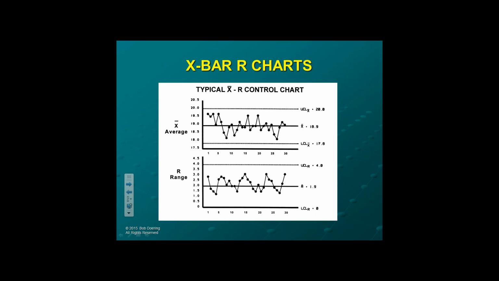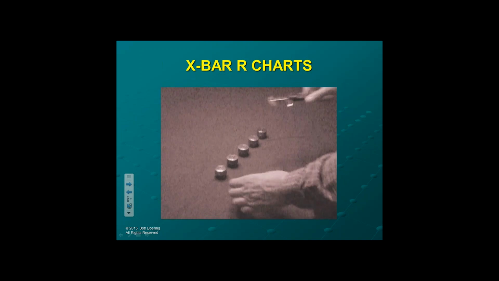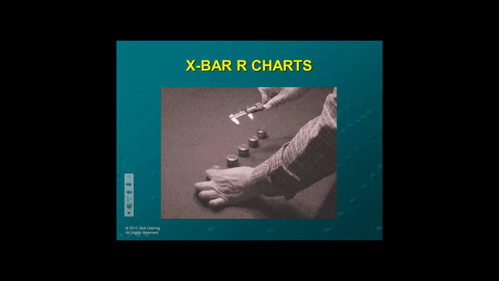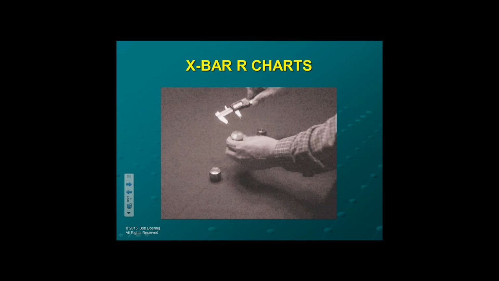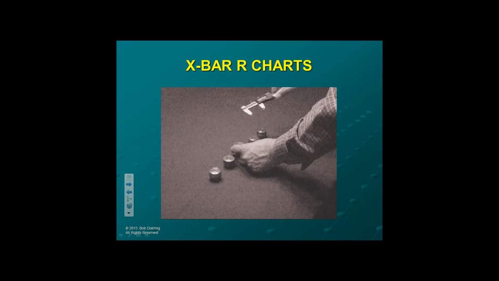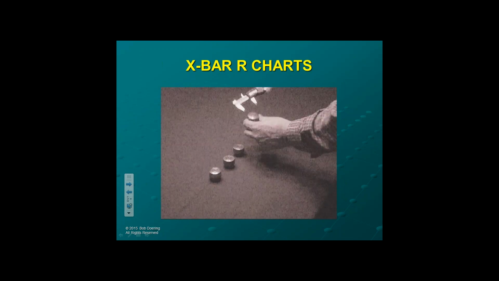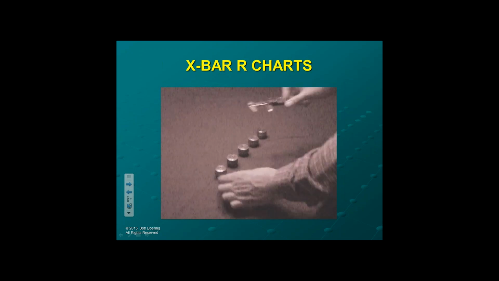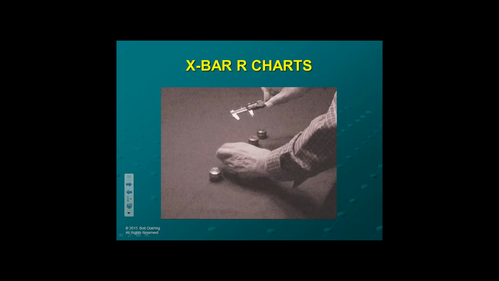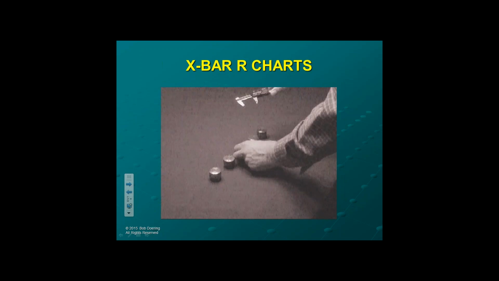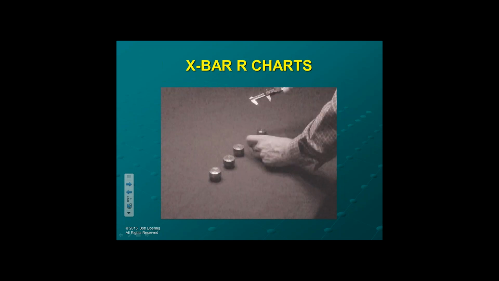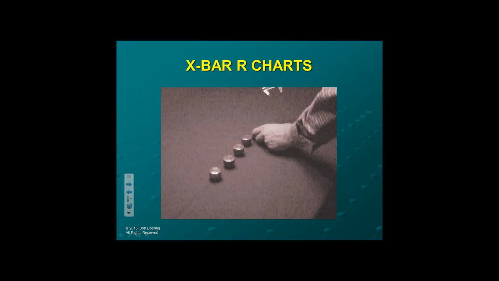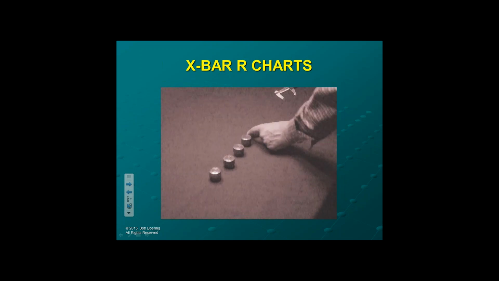However, how do we actually generate the data for this? Well, here's a typical way that we generate it. We get a sample of 5 parts, let's say, and on each of those 5 parts, we'll take one diameter. And from those diameters, we'll do the average, and we'll also search for the range by subtracting the lowest from the highest. Now, let's think for a moment what that really means.